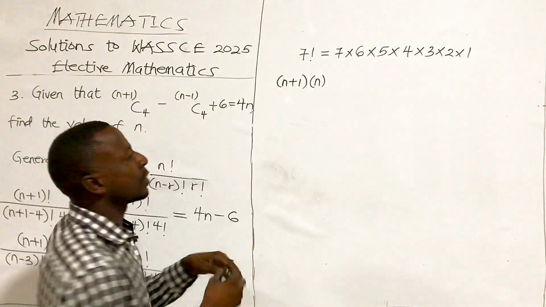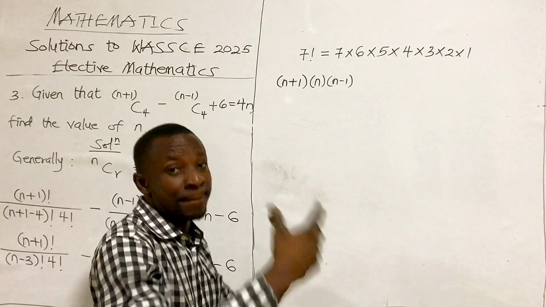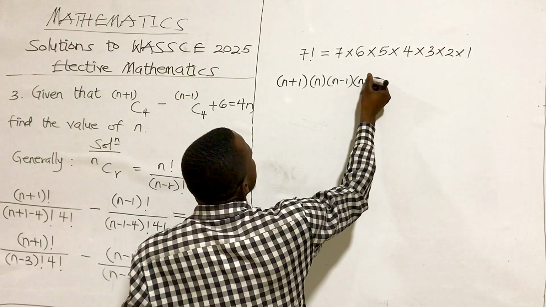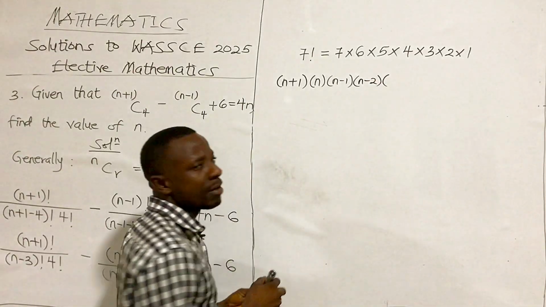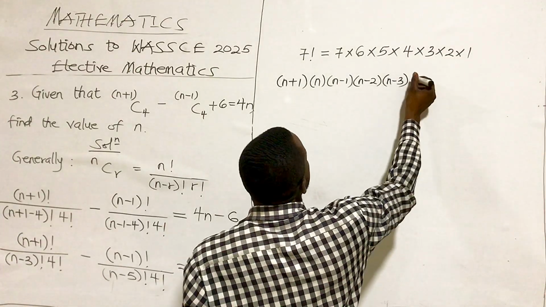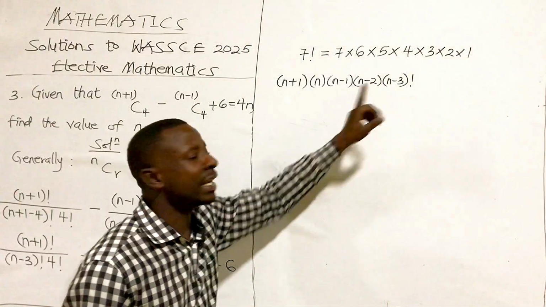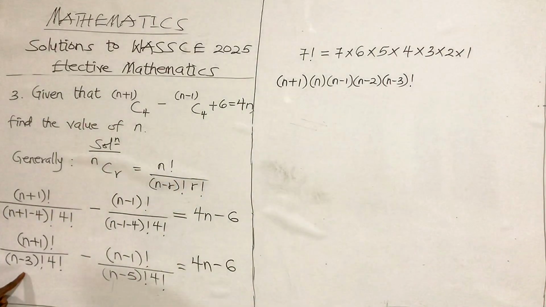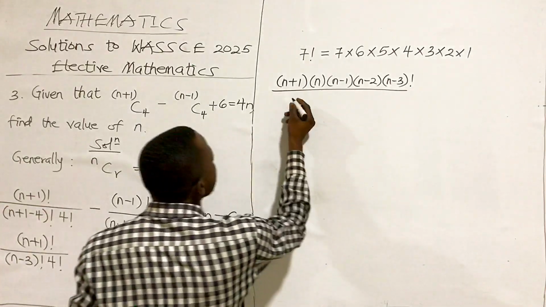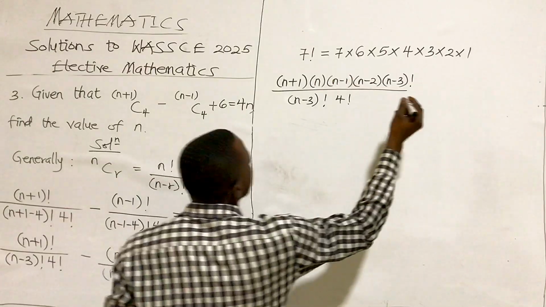Then n minus 1, I have n minus 1. n minus 1 minus 1 again, I have n minus 2. n minus 2 minus 1, I have n minus 3. And I'll end here, factorial. The reason why I am ending here is because I have a denominator with n minus 3 factorial so that they can cancel out. So all over n minus 3 factorial 4 factorial minus,